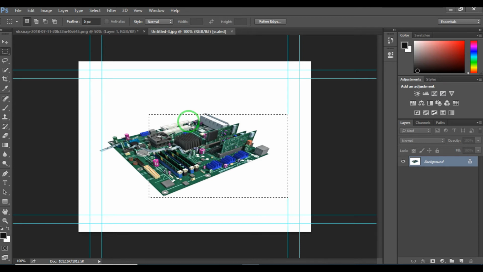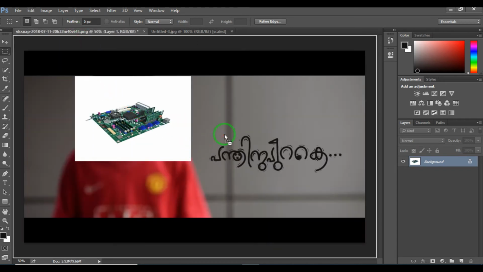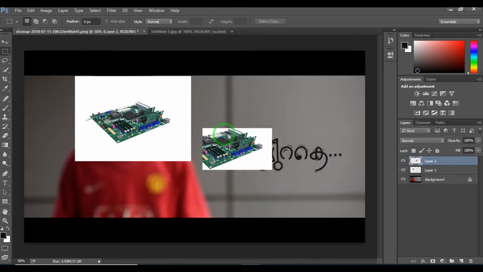Then again I am going to create a copy using Ctrl plus Alt key. We can see this icon, then click, drag, and place it on the first image. You can see the particular selected region is displayed here as a copy, and the addition of that second layer is reflected here in the layer panel.